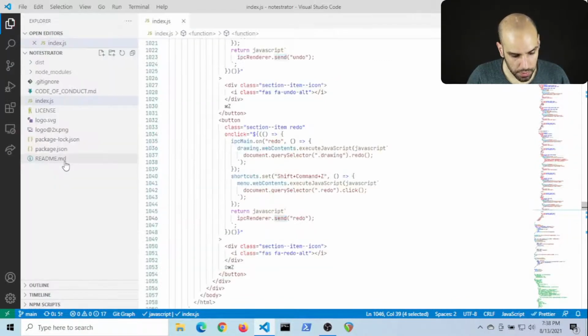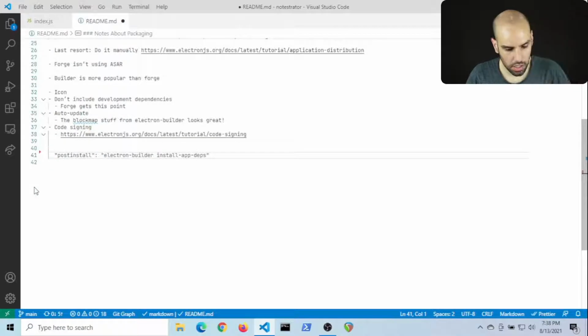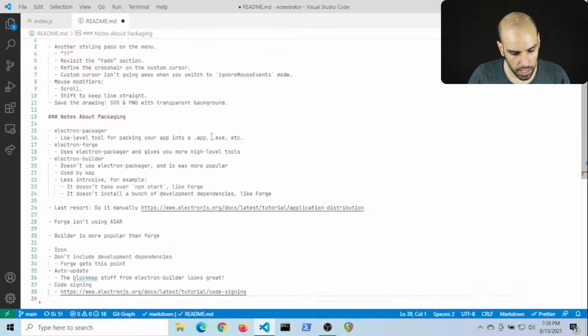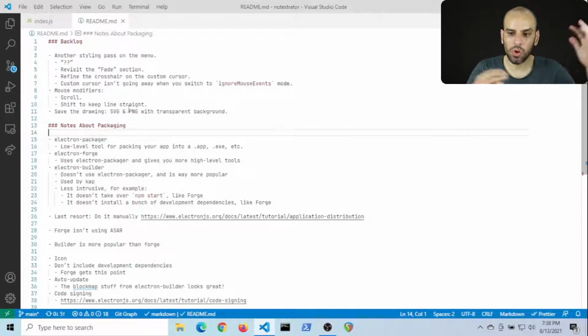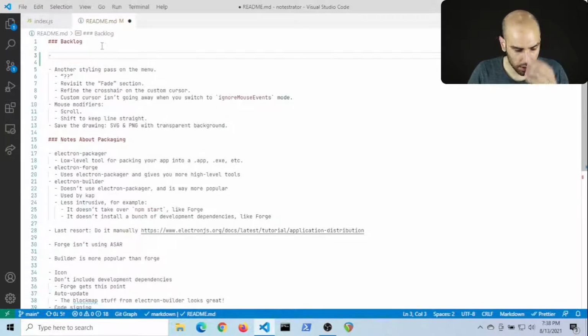Yeah, but I was on the README because I wanted to take notes. So I think that most of this is already in place. And then that is in place as well. And then code signing, I kind of read, but I'll clean this up later. I may write some notes about packaging and signing with the conclusions of these streams and my exploration when I was reading yesterday evening.